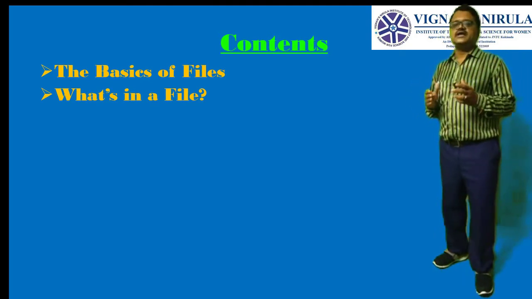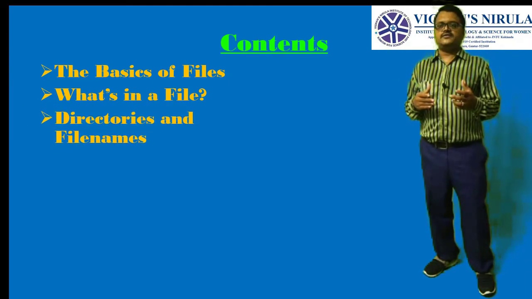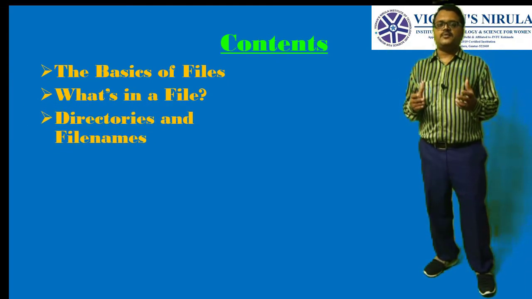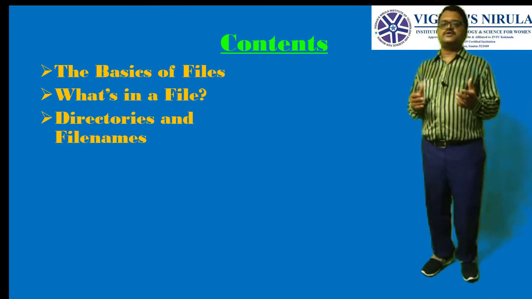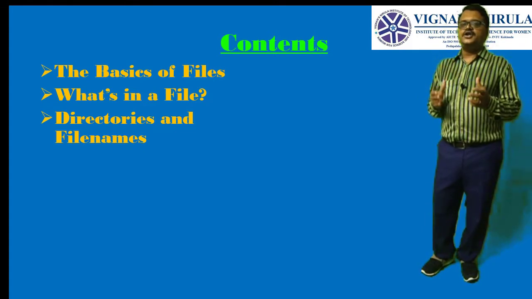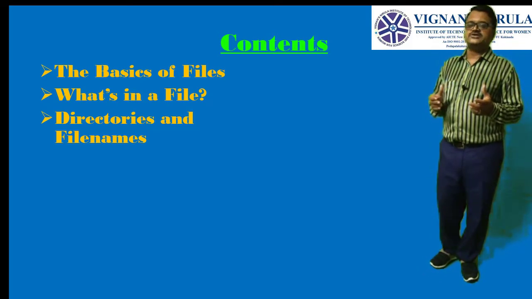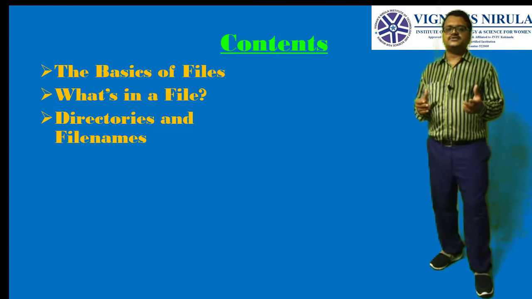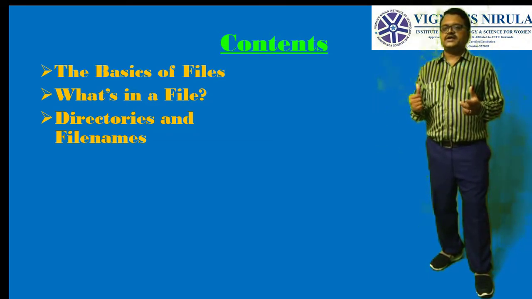Next, third topic is files and directories. That means in Unix files and directories have some commonality. Whatever commands you use for files, the same commands we can use for directories also. So that's why in Unix it is commonly used for both files and directories. Here we will discuss the du command, that is the disk usage command, and also the pwd command and also the cd command, like that. So we will see here about the files and directories. Okay, that is about the third topic.